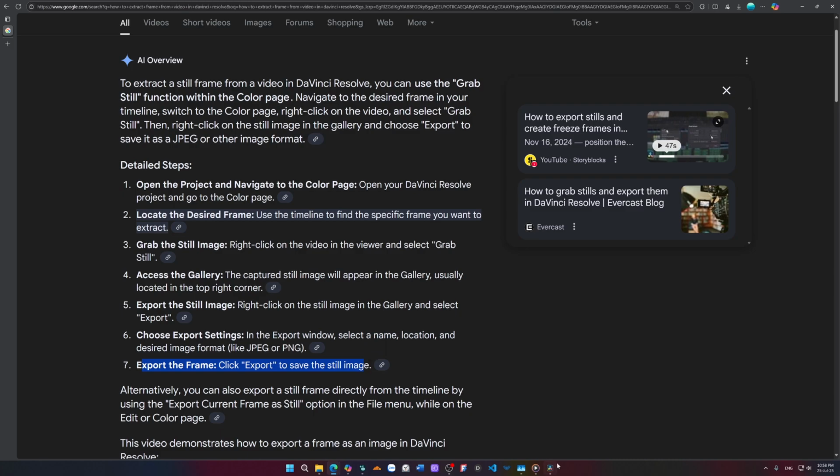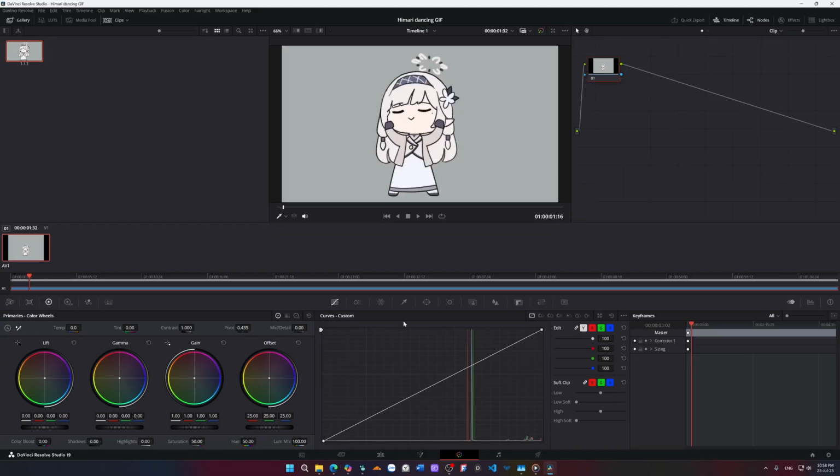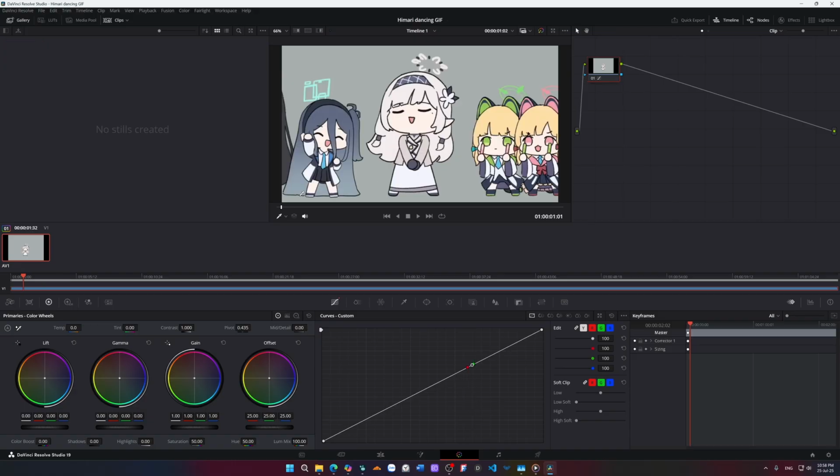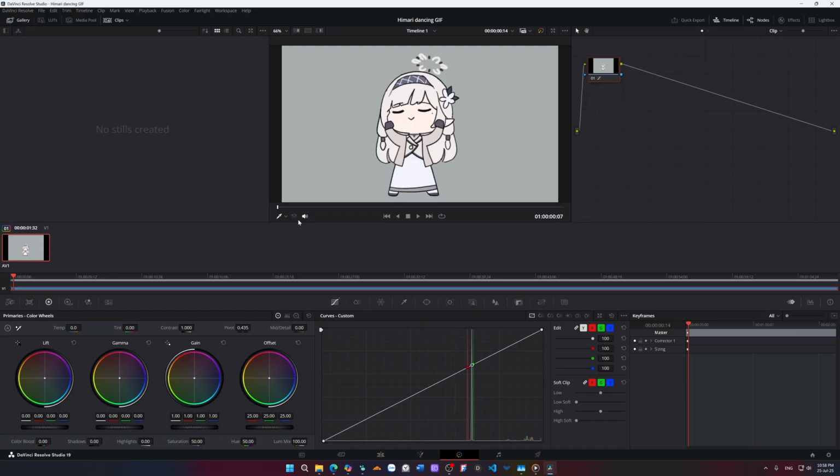Okay, so let's give it a bit of a try. Can I do the playback right in here? Okay, alright, I can move it with the mouse. Let's delete this one. Okay, right before she moves up, right click, grab still, advance the timeline. Okay, she moves up again. No, she doesn't move, then she moves up, grab still, move, she goes down, grab still,